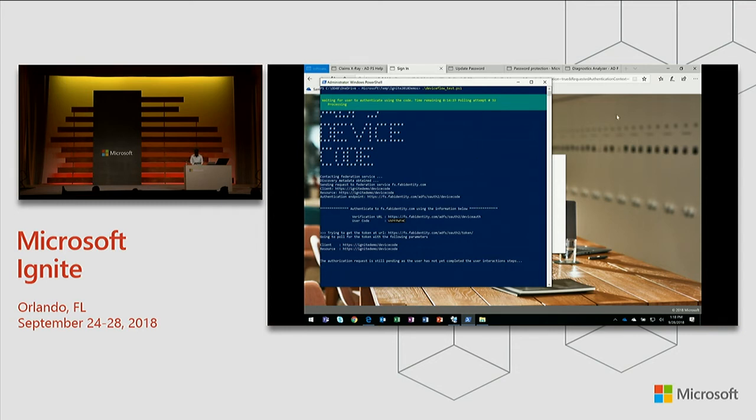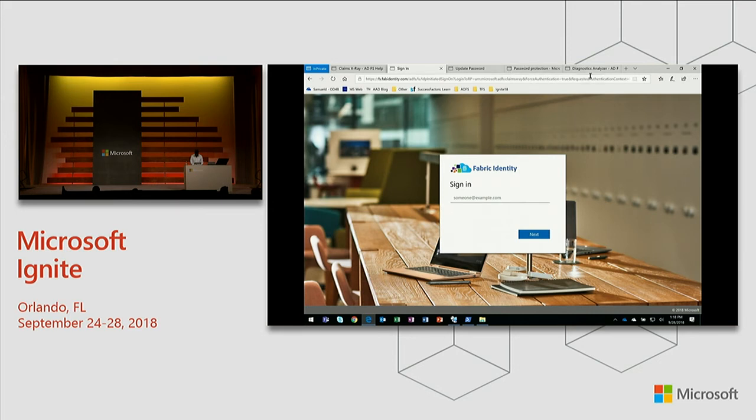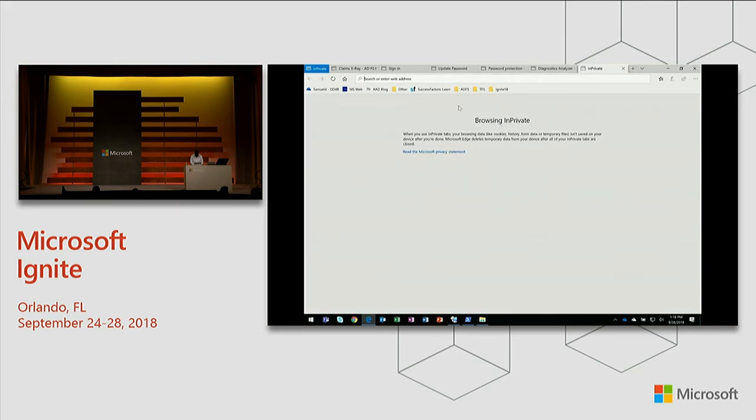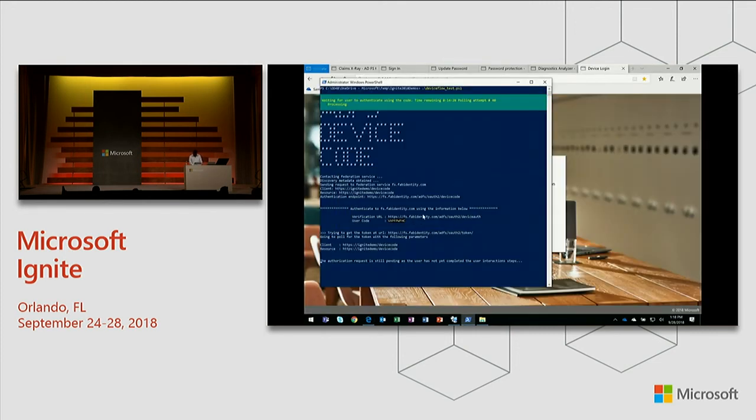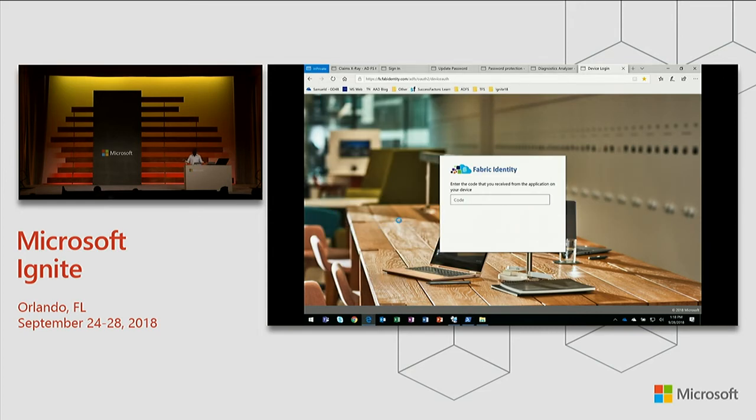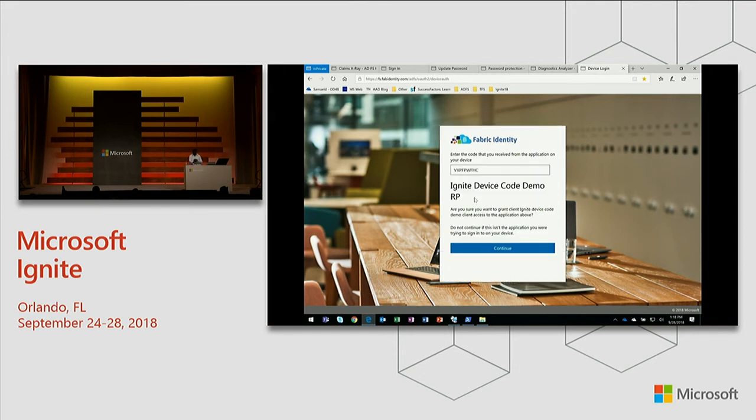Now, let's go back to our system, and I already have the URL done. Let me copy the code. So this is where ADFS has a page to handle and take this code. I supply the code, and ADFS automatically knows which is the application that it generated that code for.